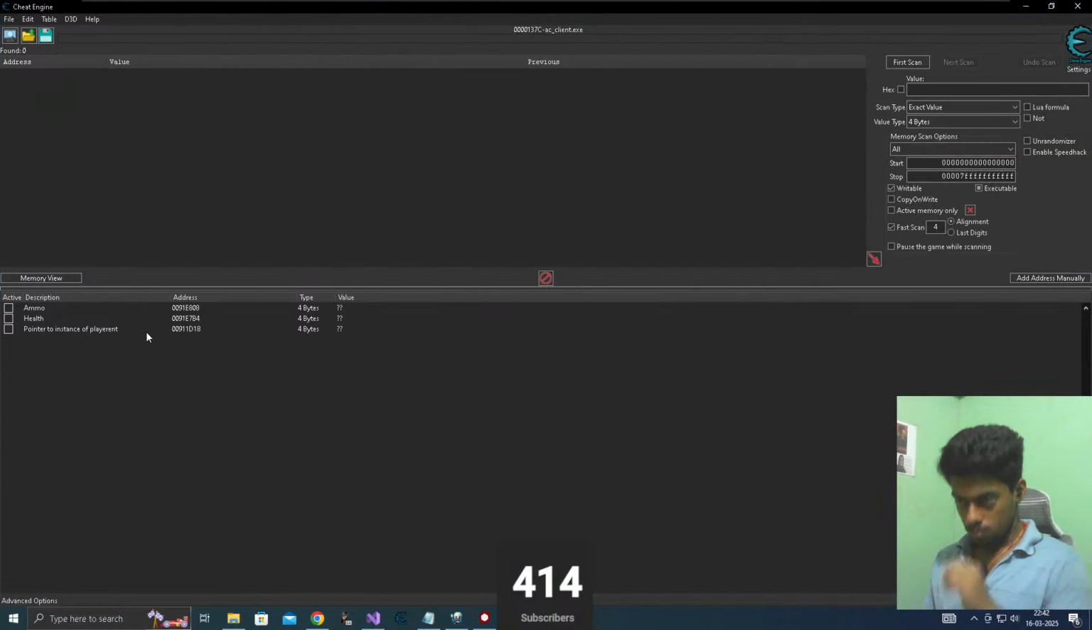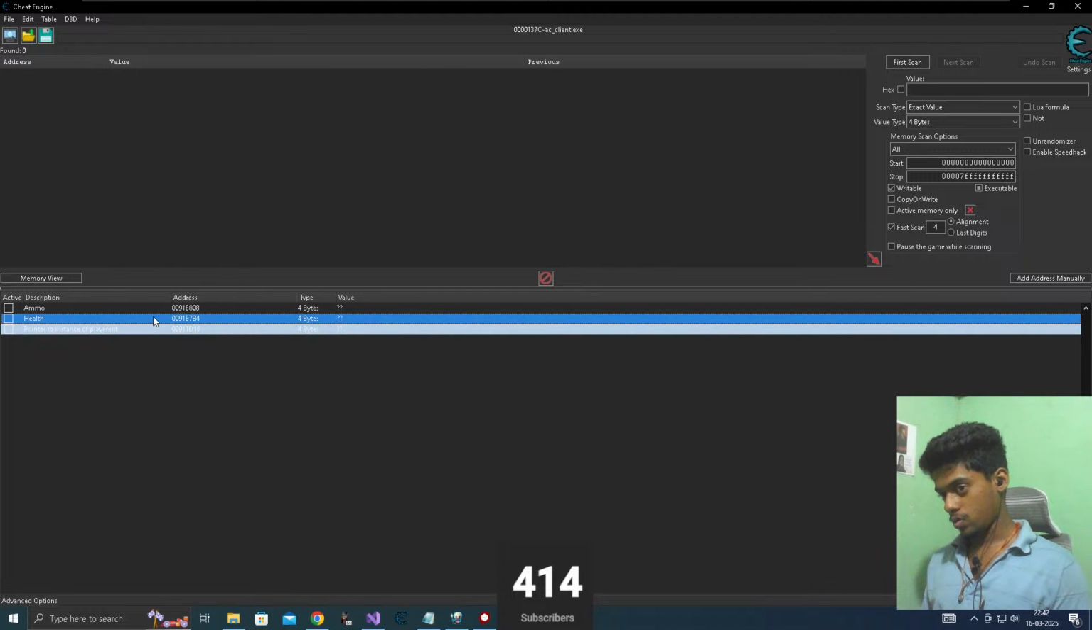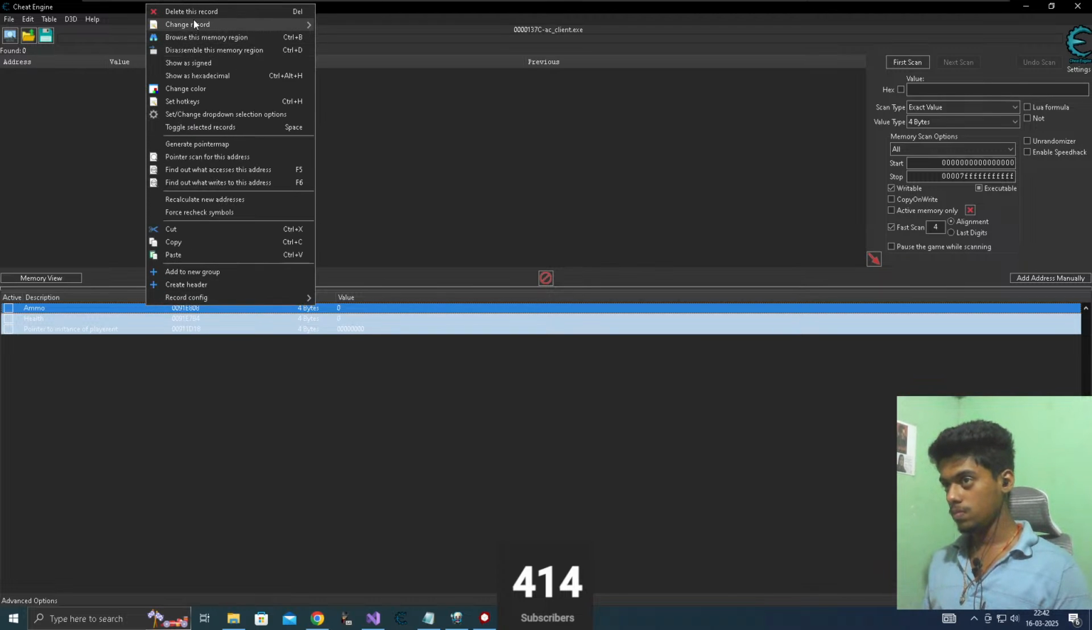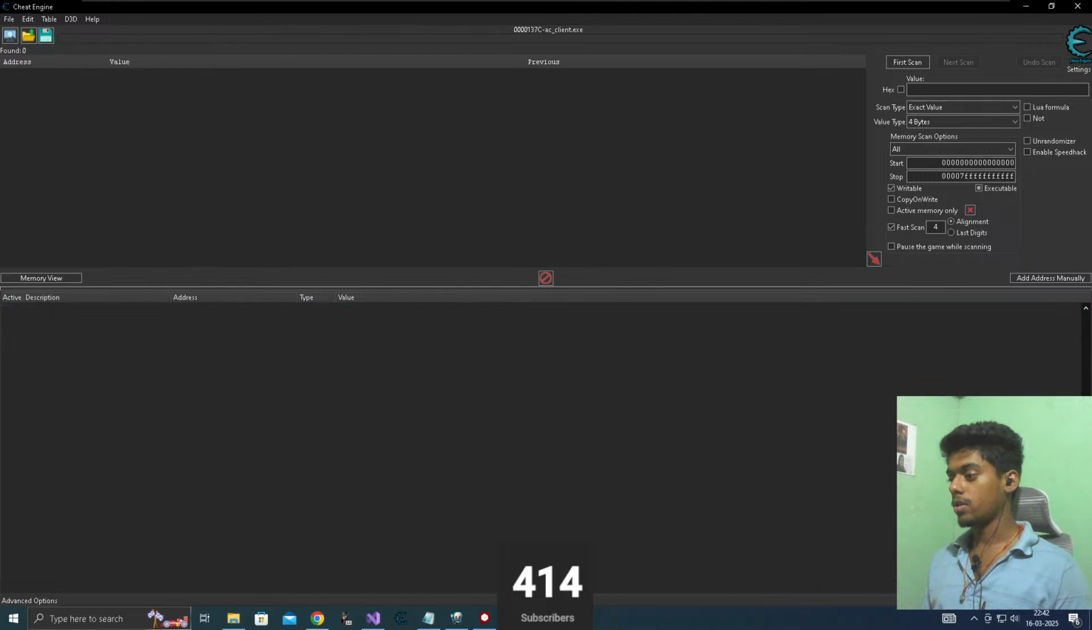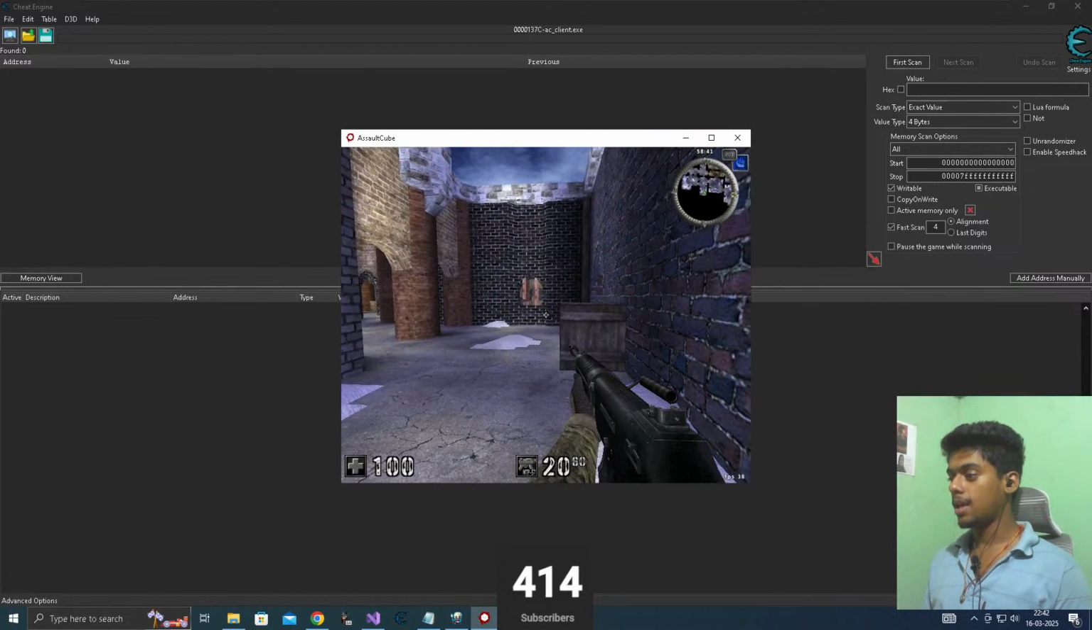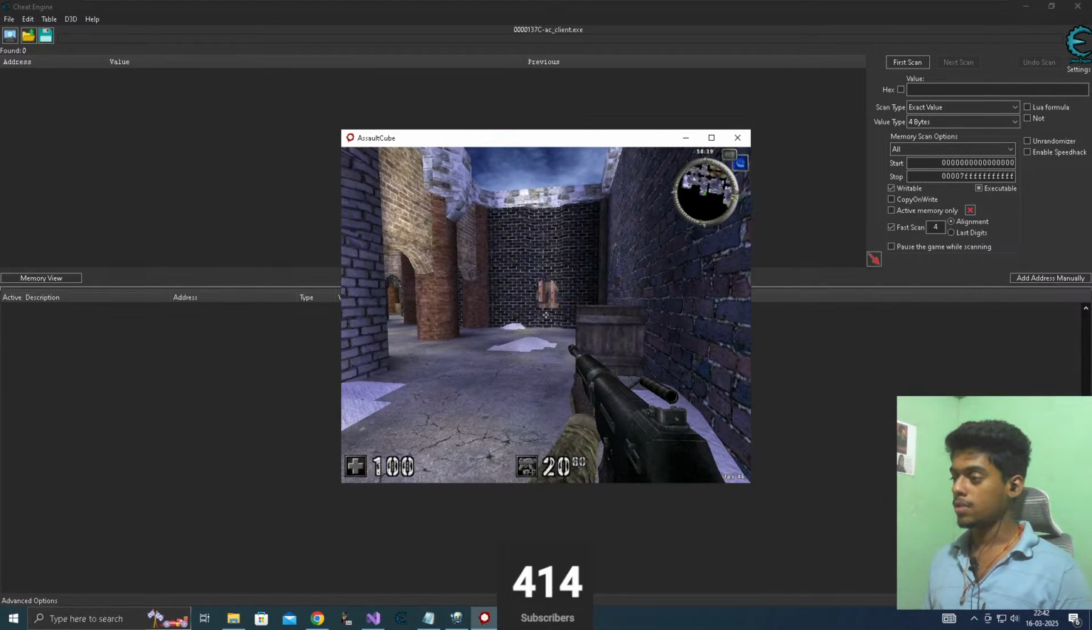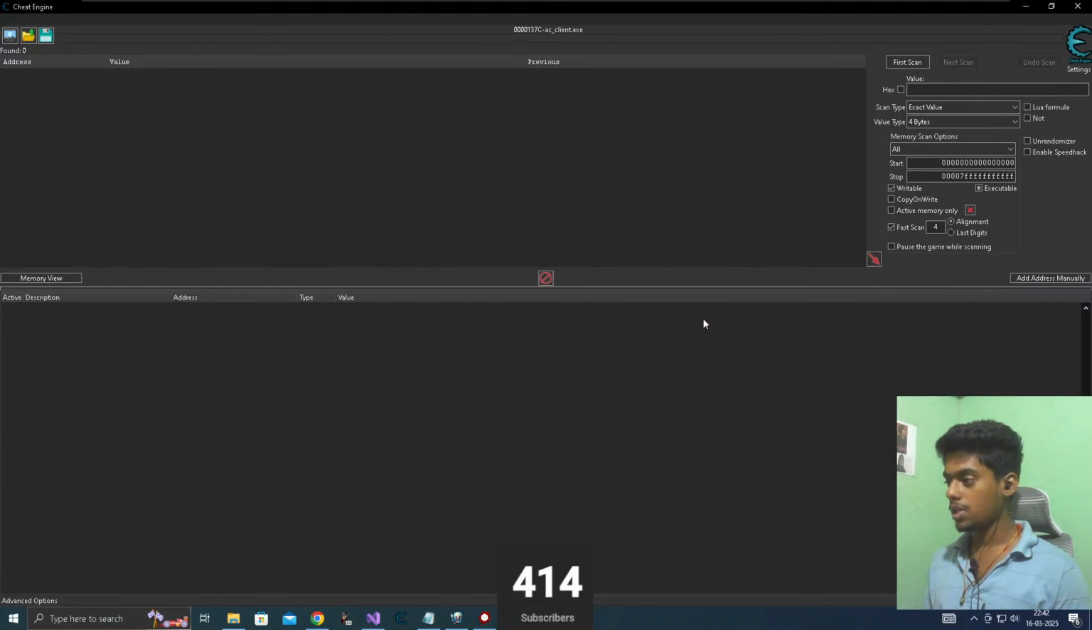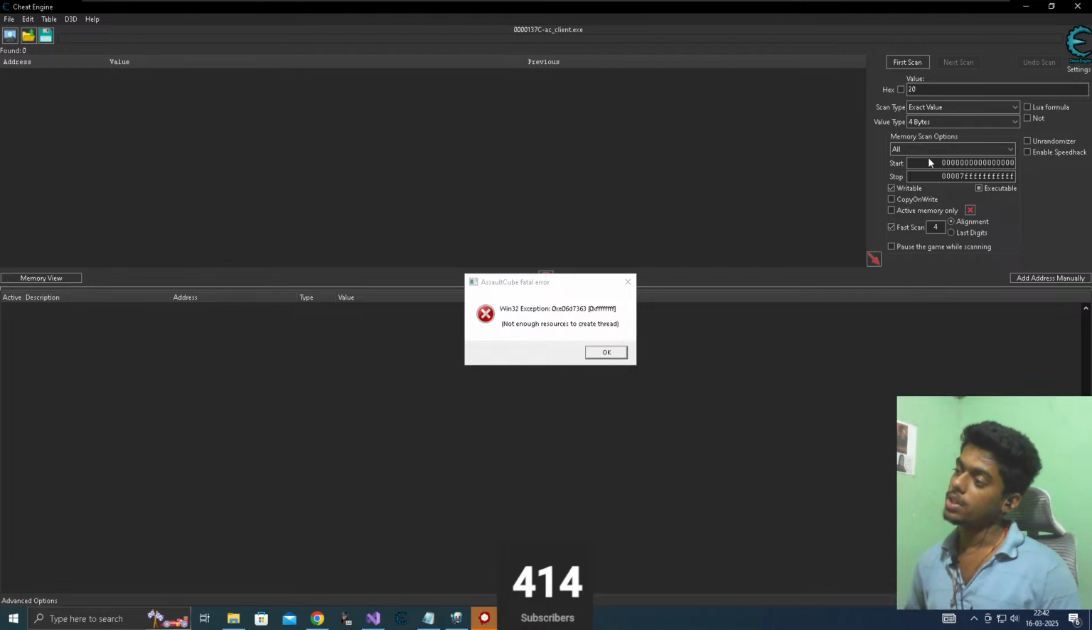Maximize. As I told you all, I've also done some analysis on this game before, so it is showing me the addresses over here. We don't need this now, so I'll click on delete this report. Now we can see in this game there are some values, for example 20 for the ammo and health is 100. So now I'll search for the value 20. We set the value to 20, scan type to exact value, and value type to 4 bytes. After doing this,